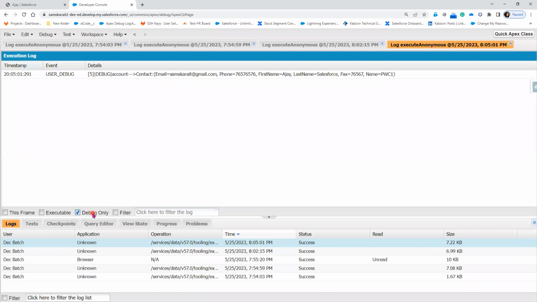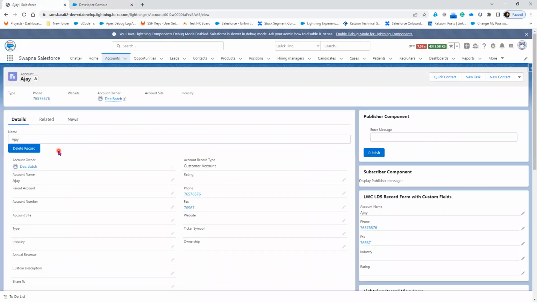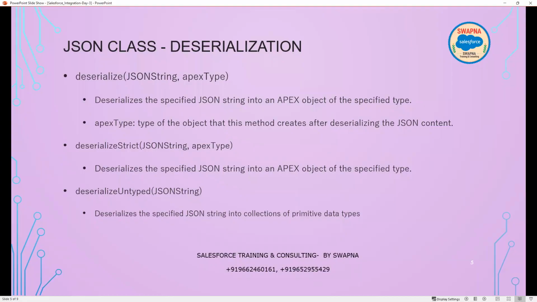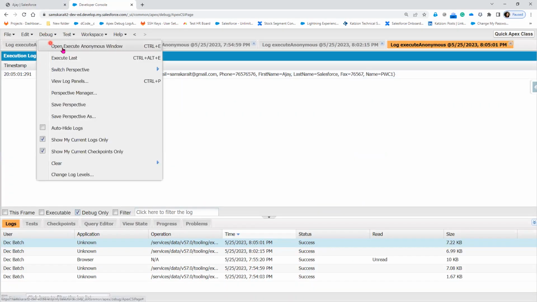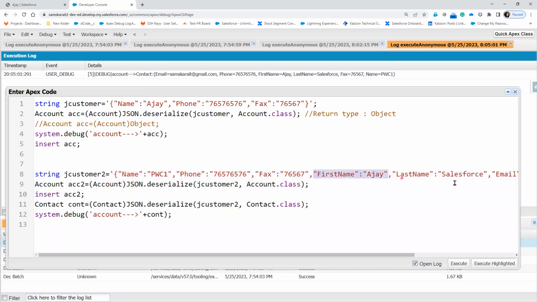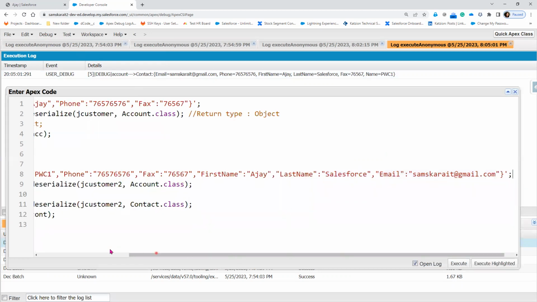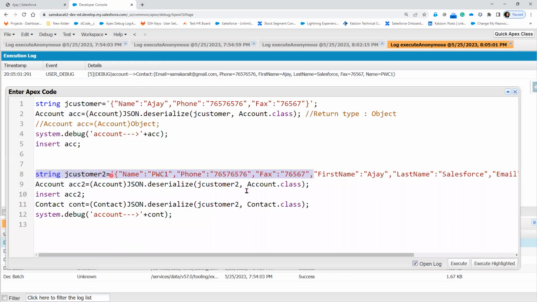Now it created the contact with the phone, first name, last name, everything is created. That means you know the data, which one is a contact and which one is an account. So that's the reason you are able to identify this is the contact and this is the account, right? So that's the reason you have specified contact here. But when we are writing the logic,